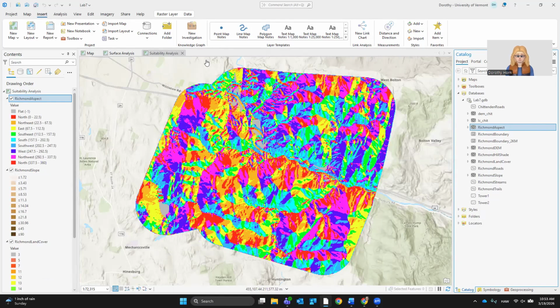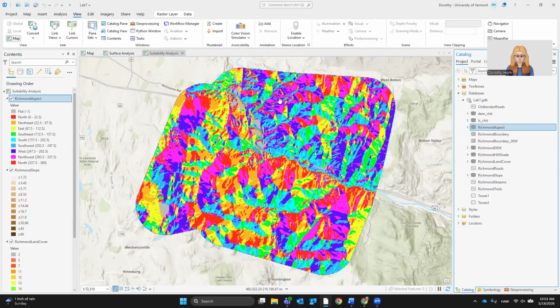Yes, someone asked me about this. If the hypercolor thing is way overstimulating, before you start, go up here to View, go to Color Vision Simulator, and you can change this to a gray scale. Then the colors still show up here on the left, but what you're looking at regularly changes. If you want to look at this and see how it works, you can do that. And then when you're done looking at it, you can click here on the X and it'll take it away.